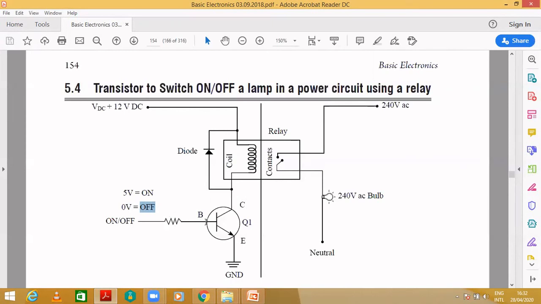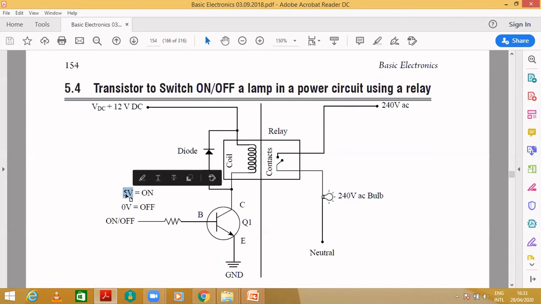Okay, so then this is a relay. Why we use the relay is in order to isolate the DC from the AC. You can observe here I am giving the DC supply and here I am giving the AC supply. In order to isolate DC from AC, I am using a relay. So my question is, this transistor has to operate the bulb. The transistor has to switch the bulb on or off using this relay circuit. How? Let's see. Inside the relay we have one magnetic coil, along with a contact. First I will give 5 volts to the transistor.